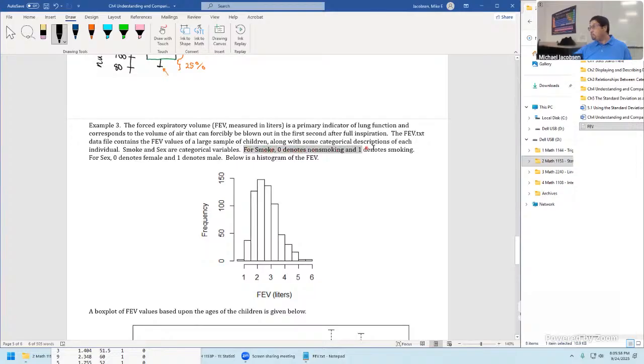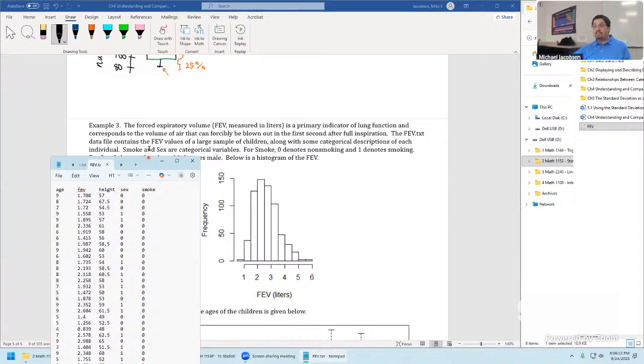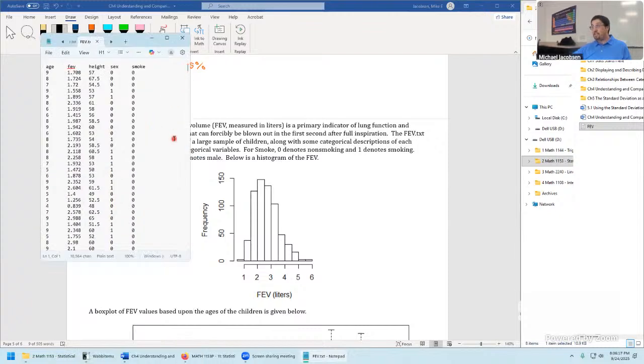Here, the whole point of smoke is to designate whether the person in this data set, recall they're all children, so this is some interesting data for sure, smoked. 0 is going to denote the child was non-smoking, and 1 denotes the child was smoking. This seems like some very serious real-world data.